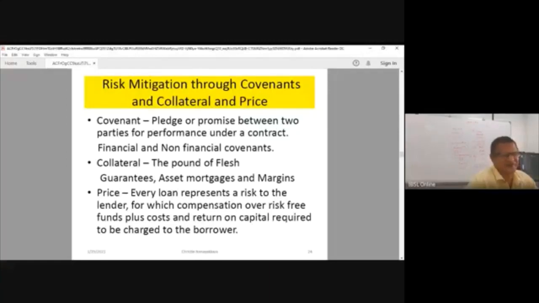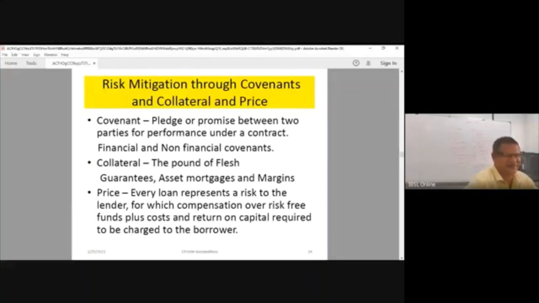You cannot remove windows and doors and sell it. That's what it says. You need to sometimes insure against fire and burglary. Why? Those are actually covenants. Those are certain terms and conditions which will give additional strength for the bank in case you are unable to pay. You also take another additional collateral for the bank, which is called